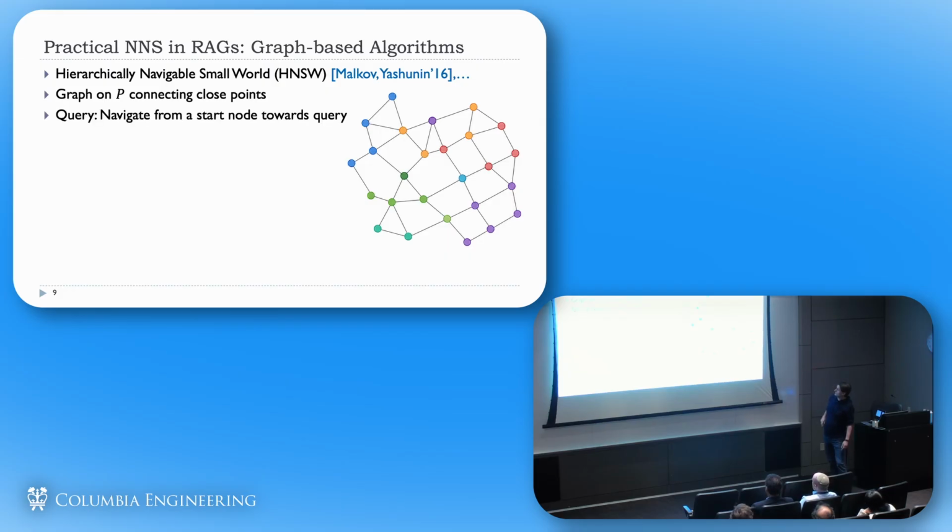Now, when the query comes, how do I find my nearest neighbor? Suppose my query is here. I have some start node, let's say this purple node. Starting from this node, I go to the neighbor which is the closest to the query. If you follow this procedure, you'll go here, because out of all these neighbors, this one is the closest to the query. Then you go to this one, then this one, then this one. And that's it. This will be my nearest neighbor for this particular query.